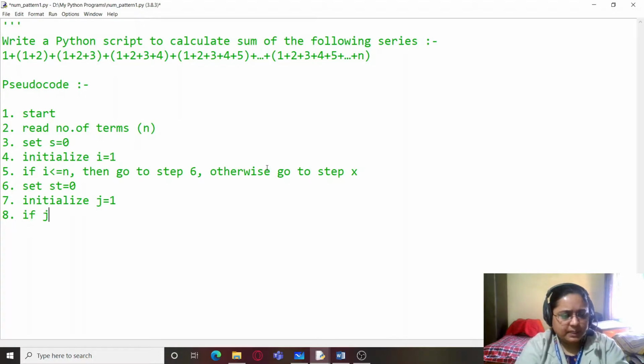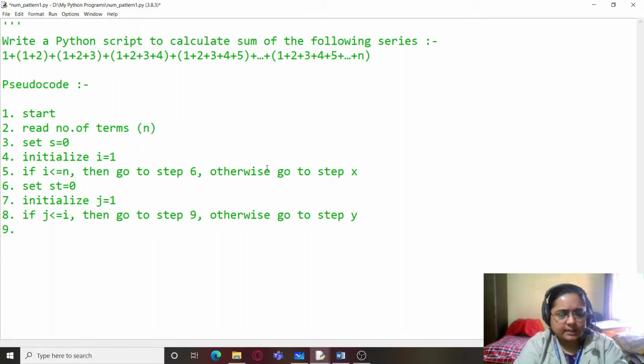Then step 8 would be: if j is less than or equal to i, then go to step 9, otherwise go to step Y. We don't know what Y is right now; we will see that a little later. Now inside this, what we are going to do is calculate the sum of the series.